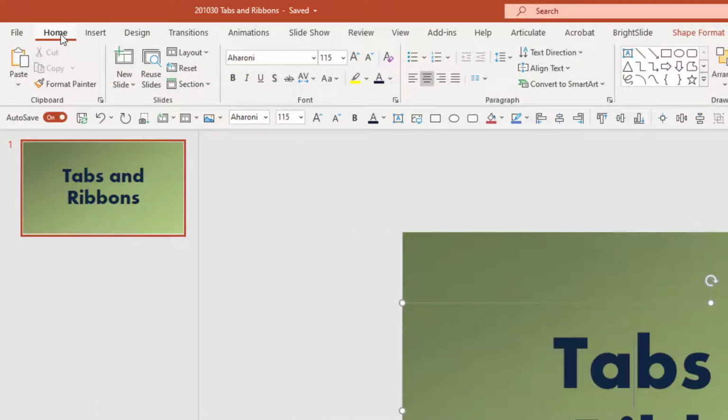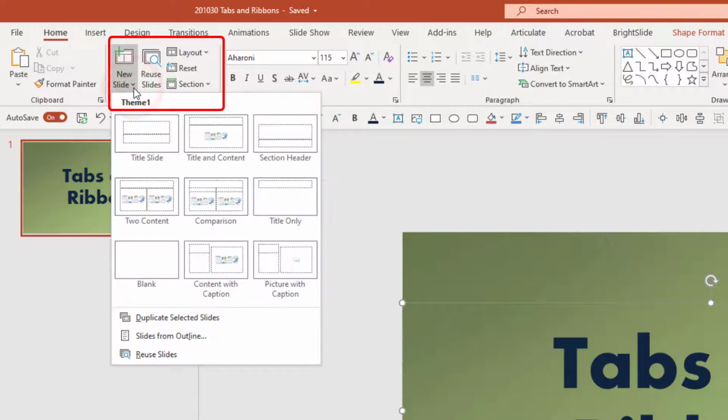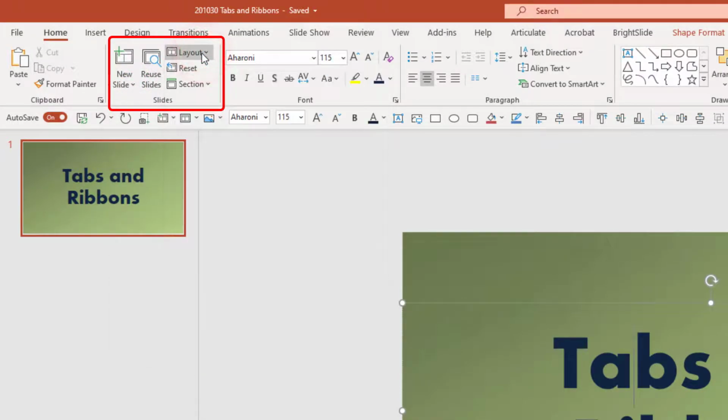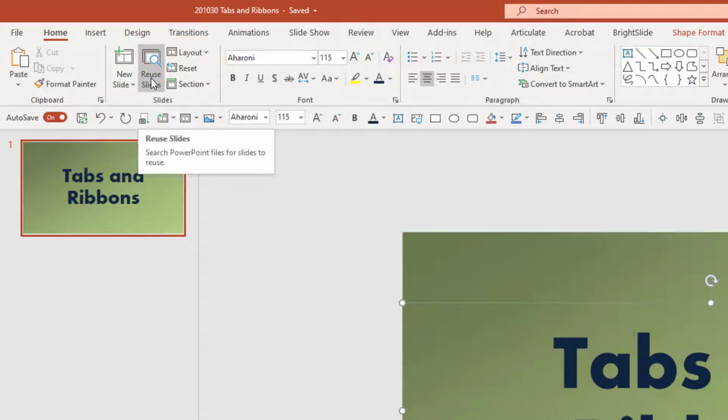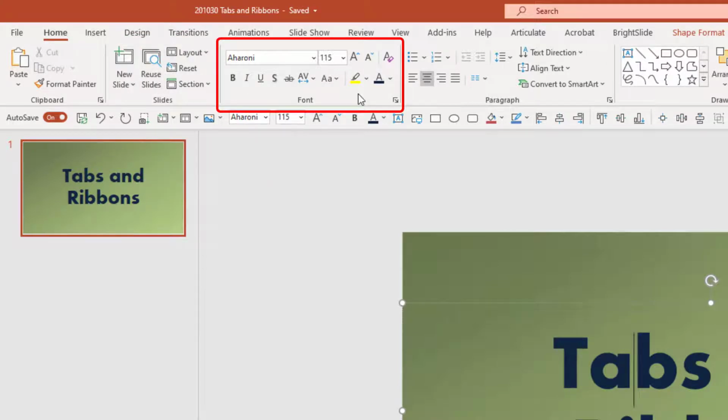You'll also see that a lot of the content on the ribbon is categorized by groups, such as in this Home tab, I have a Clipboard Group, and this deals with anything related to copying, cutting, pasting, special pasting. I have a Slide Group, so that I can create a new slide, or I can adjust the layout on a slide. I can reuse slides. I have a group for adjusting the font properties, such as the colors and sizes and families,